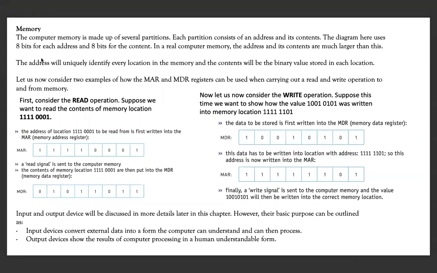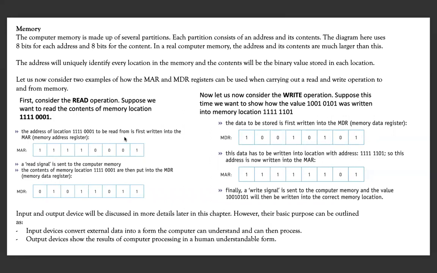Okay, now let's discuss what happens when I'm reading and writing data from my main memory, with respect to how the contents are transferred and how the contents relate to this whole transaction of the MAR and the MDR. So let's look at both the read and write operations and see what the contents of the MAR or MDR mean at that particular moment.